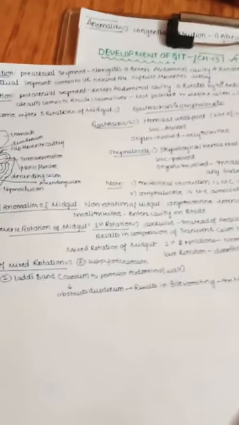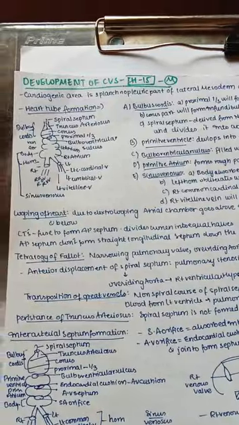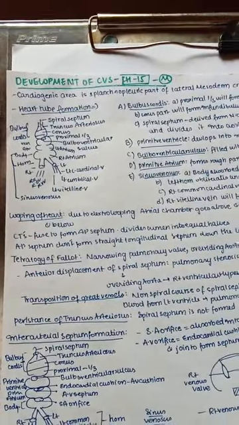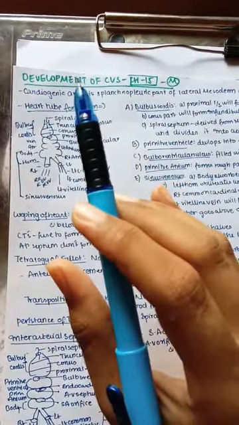So this is all about our revision series of embryology. Now we are in the development of our cardiovascular system. So first we need to know where the cardiogenic area is, to start with.